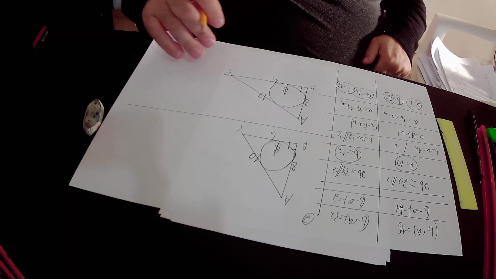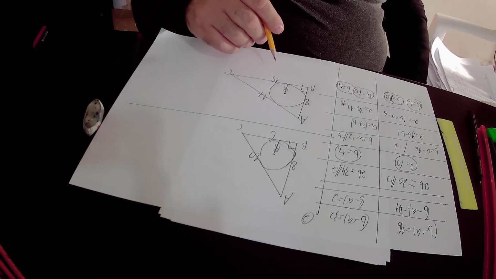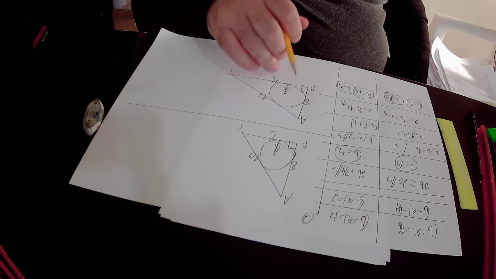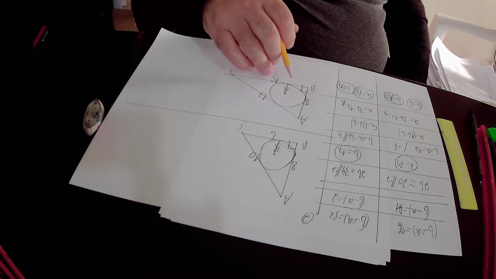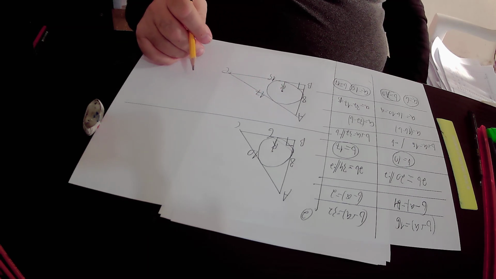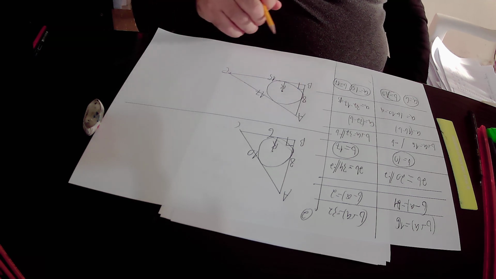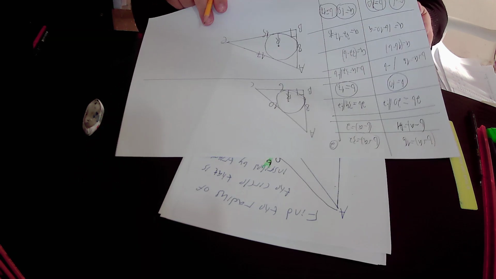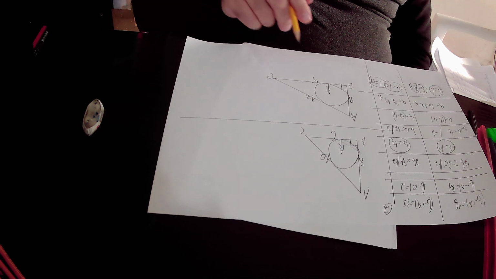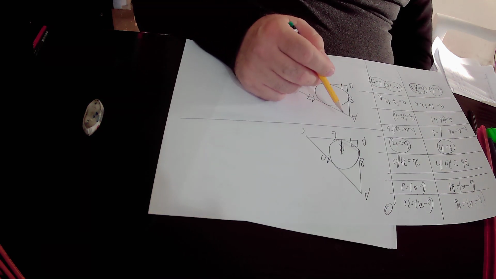In each triangle we have a circle that is inscribed in this right triangle, and we want to find the radii of the two circles that are inscribed in those two right triangles. So in order to find the radii of those two circles,